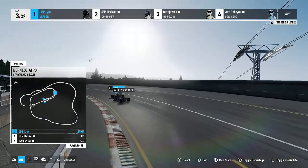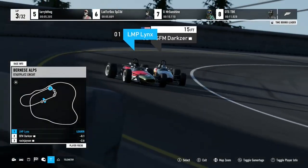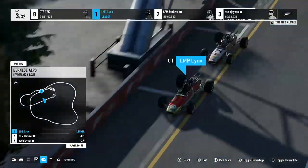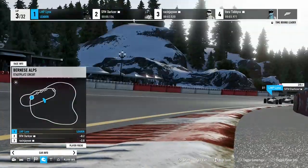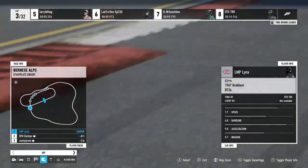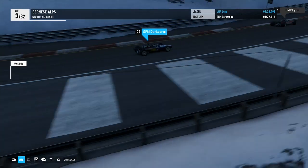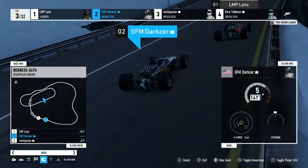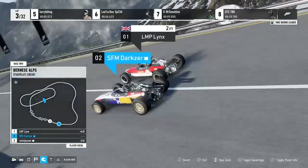Yes, he's gonna slide jump potentially, but Lynx has just got a little bit nimbler, a little bit speedier of a car, so he's able to make his way through the corners faster and kind of denies Darkster the ideal lines. Yes, indeed, but you could tell that Darkster possibly has the advantage. Ferrari versus Brabham. Seems like the Brabham is better suited here than that Ferrari of...